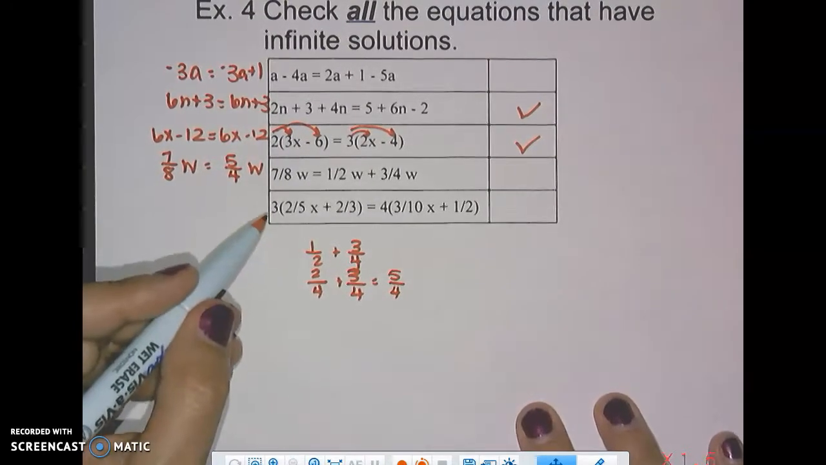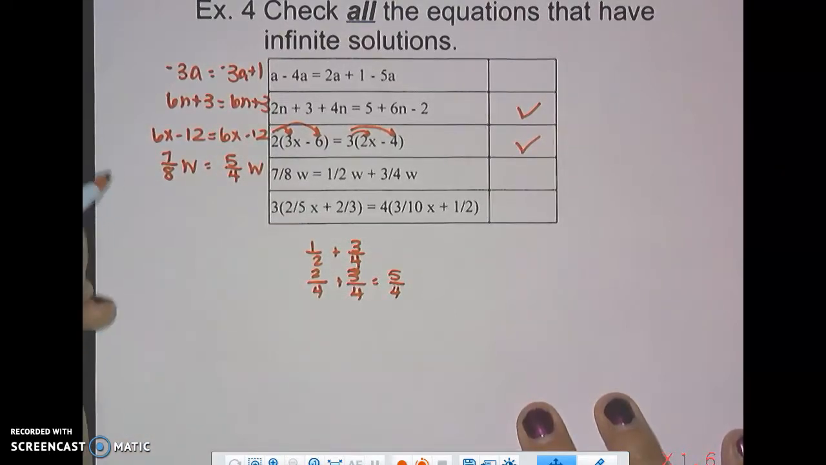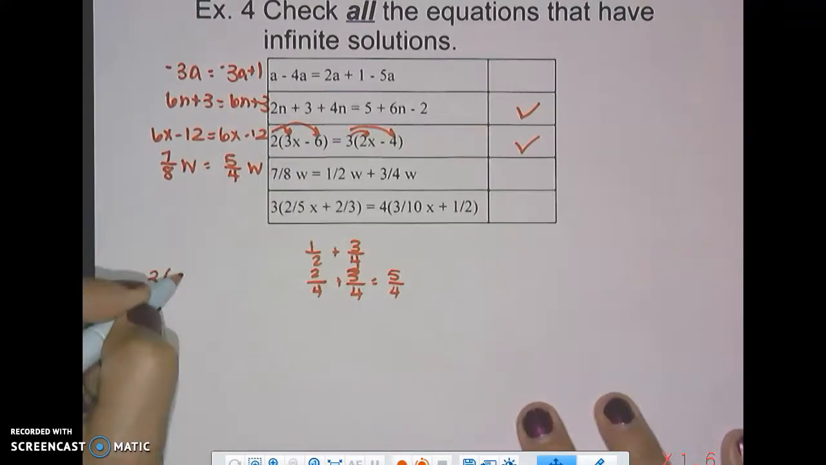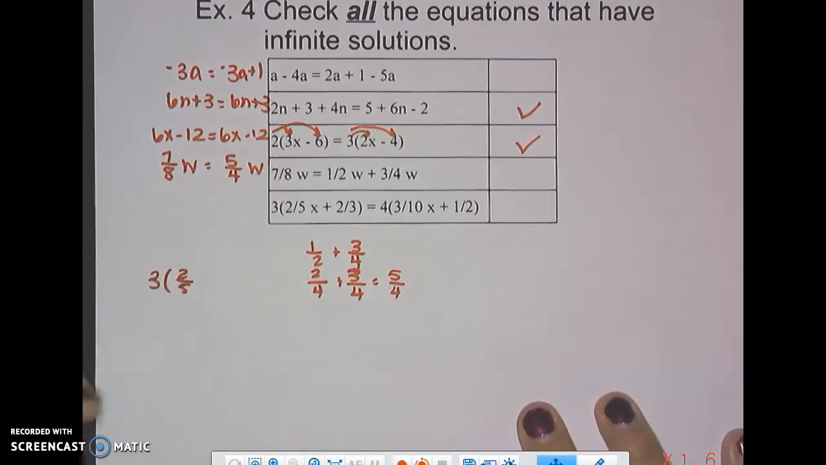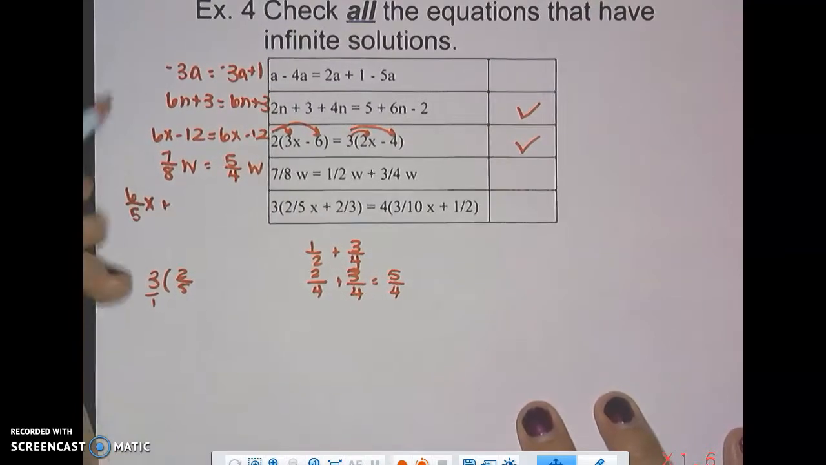All right, next one down here. We're going to distribute this in. So when we take a 3 and multiply it by 2/5, we have to make sure that this 3 is over 1. It's only going to get distributed to the top, okay? Because when we multiply fractions, we multiply straight across. So that would give us 6/5 x plus